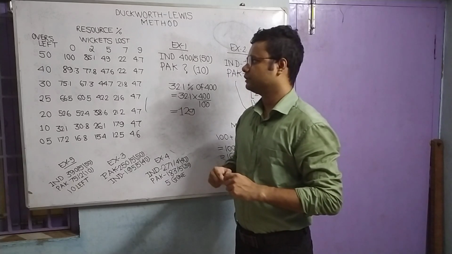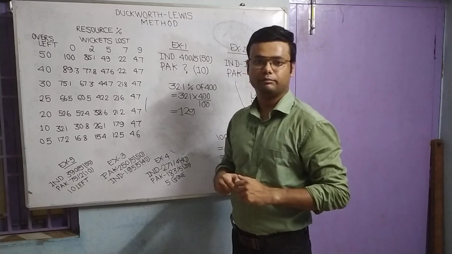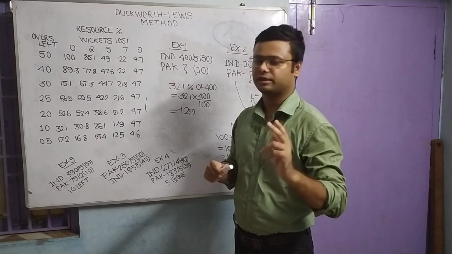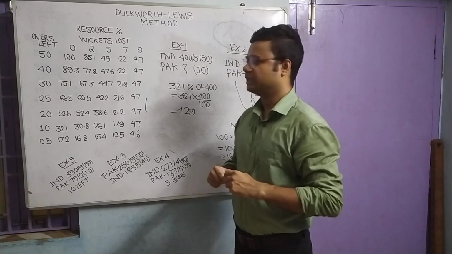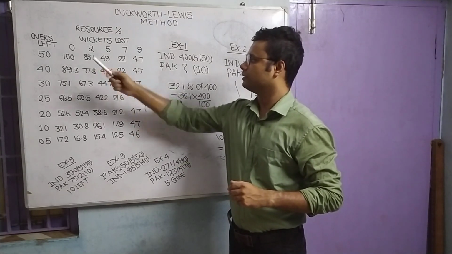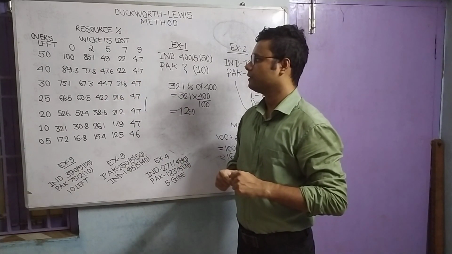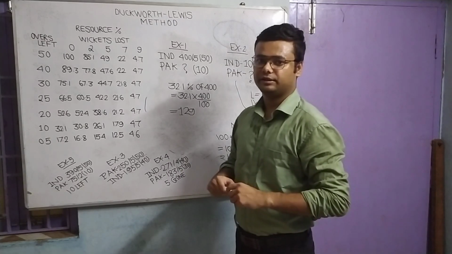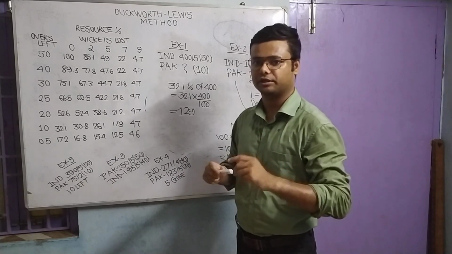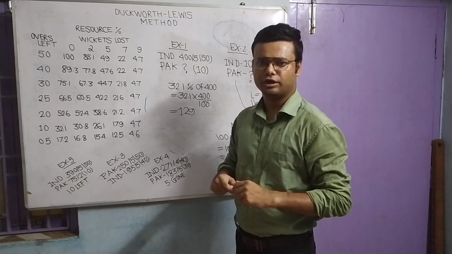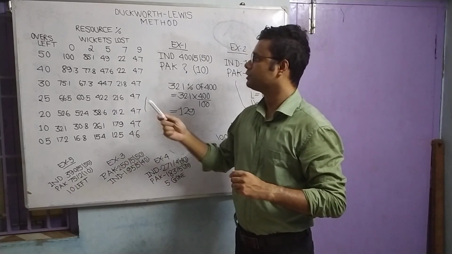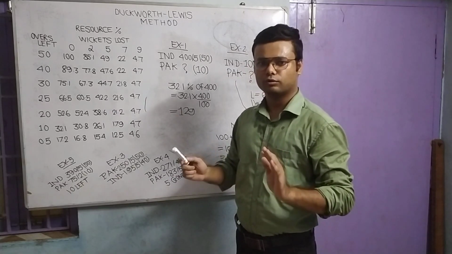Even after that, the batting team will have 50 overs left because no legal deliveries have been bowled, but they have lost two wickets. It means their resource percentage decreases and it will be 85.1 now, which was 100 earlier. That is how resource percentage decreases if you lose wickets, and as the game continues, number of overs decreases. So resource percentage will also go down.